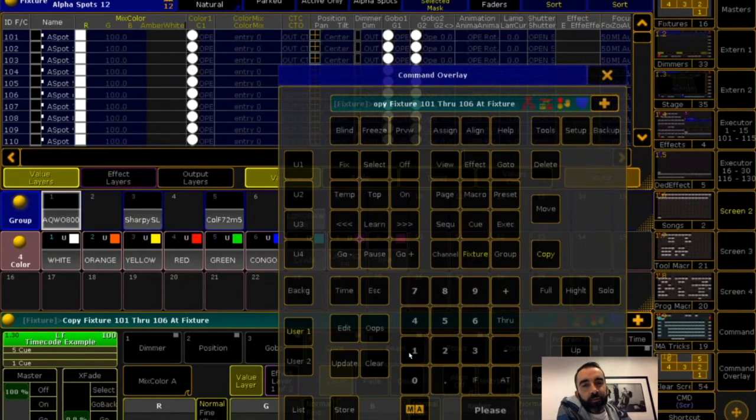But what if 101 through 106 are now hung stage right, and 107 through 112 are hung stage left? Well, maybe I want to mirror them. Therefore, at fixture 112 through 107, I'm going to reverse that selection order. Therefore, 101 and 112 do the same thing. 102 and 111 do the same thing. And because they're hung from stage right to stage left, I get a nice mirror. When I hit please,